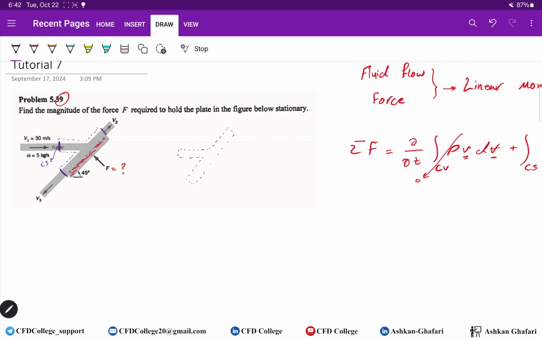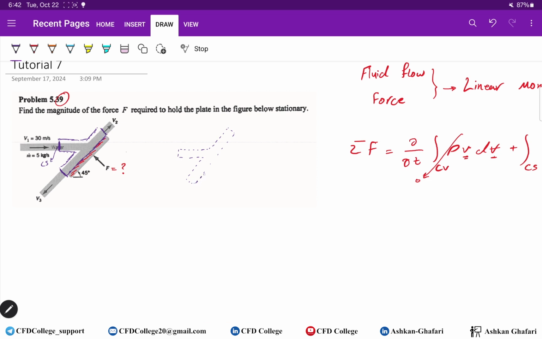And the other rule maybe is to follow the flow, where you have a jet or free surface or interface,